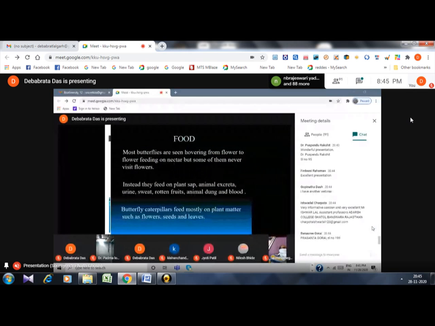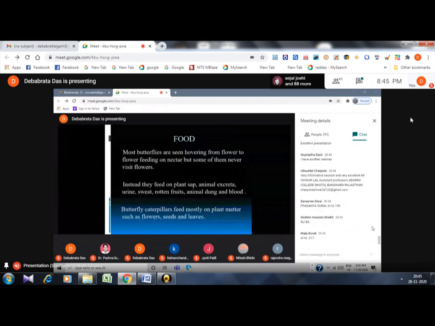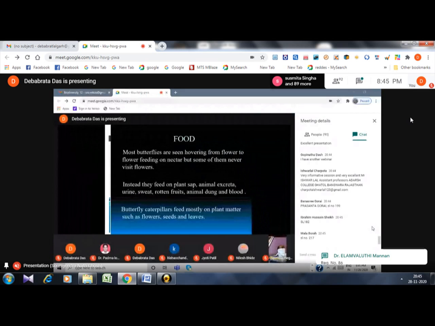Now we come to butterfly food. Our common sense is that butterflies feed on nectar. They go from flower to flower, they feed on nectar. But not only nectar, they feed on many different things, such as plant sap, and they can also feed on blood. It is not like butterflies are predatory or they will kill an organism and then drink blood. Butterflies are not predatory animals in most cases, but if they find blood, they take it.